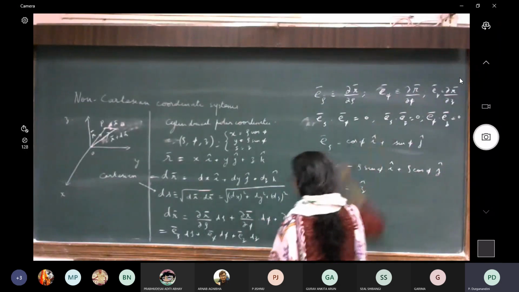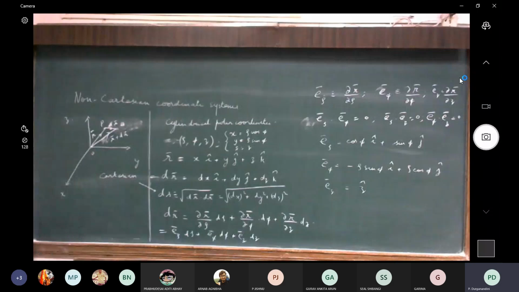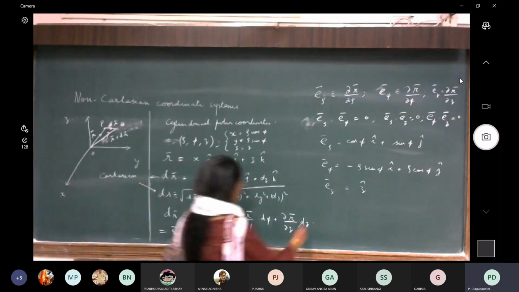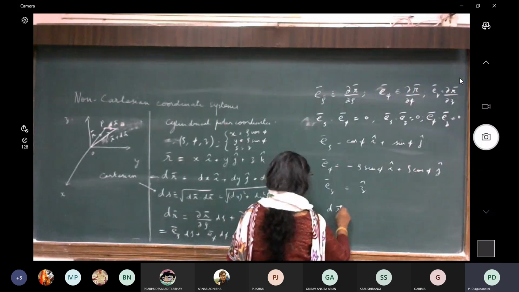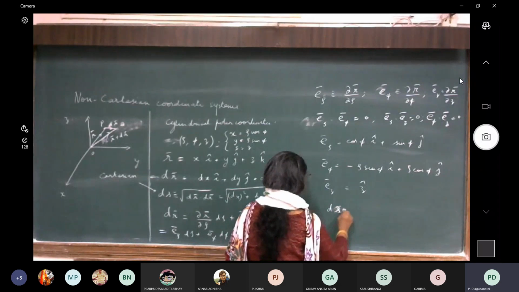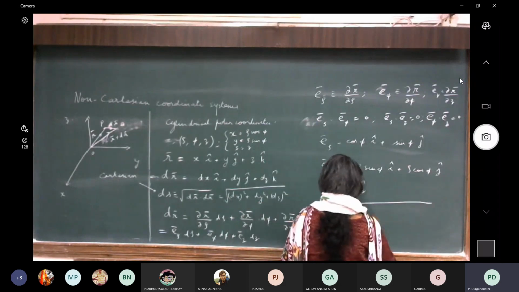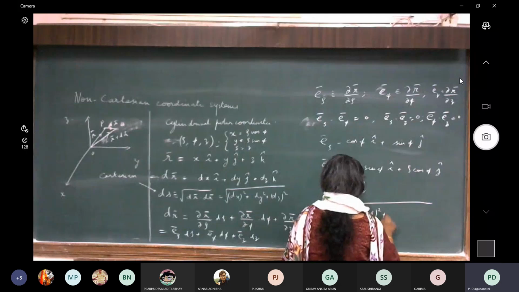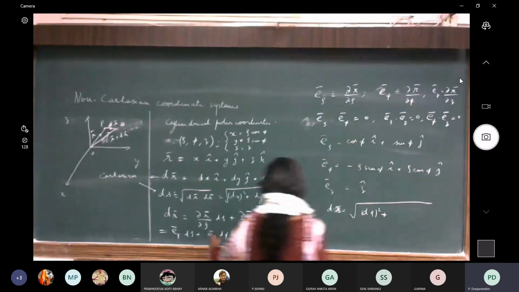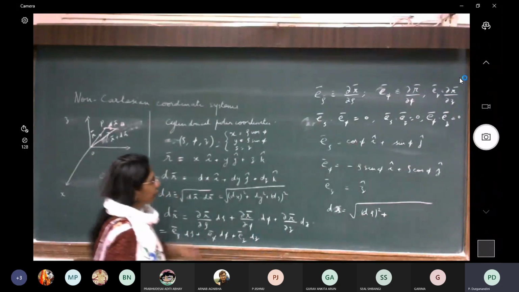So you can verify these relations. Now if I look in cylindrical polar coordinates, if I ask you what is dr·dr, then ds² is going to be simply dρ². And what you will see from here now is that because Eρ·Eρ, from here you can see that